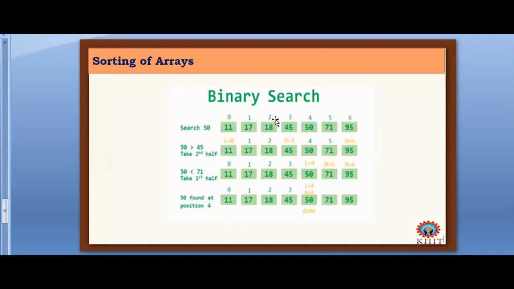And then we have binary search. In binary search, we divide the total array into two parts. When you divide the array into two parts, the left part contains all the smallest values and the right part always contains the larger elements. If you consider a small example, if you want to search for 50, L is 0, that means the lower value, higher value is 6, and the middle value you find out as lower plus higher by 2, which is 3. So 45.